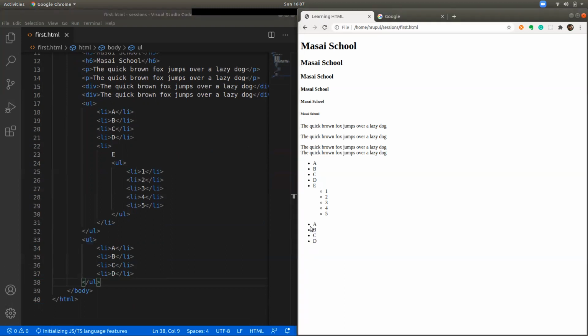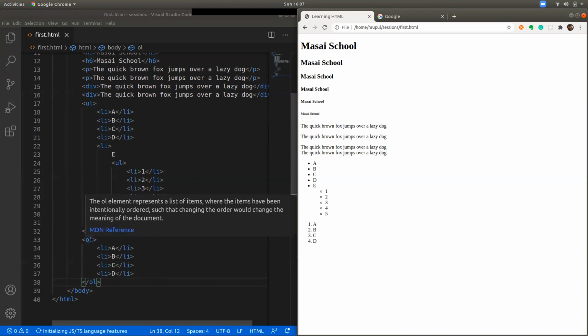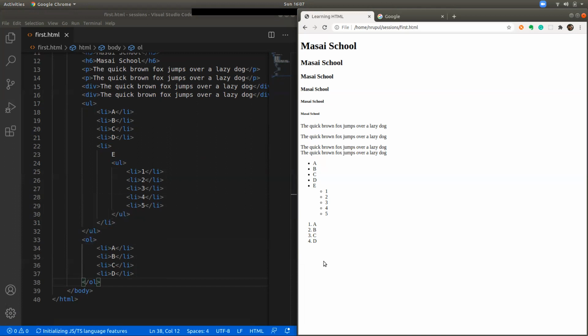So you can see if you use an unordered list, it looks like these small pointer dots. Now if I make it OL, which is ordered list, instead of these pointers, you can see 1, 2, 3, 4, 5. Because it is an ordered list, it has numbers. So numbering starts with 1, 2, 3, 4, and it automatically puts the numbers. You see, I have not put the numbers here. So the browser understands that you want to create an ordered list, and it creates it with the numbers.